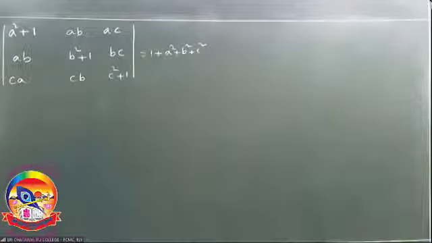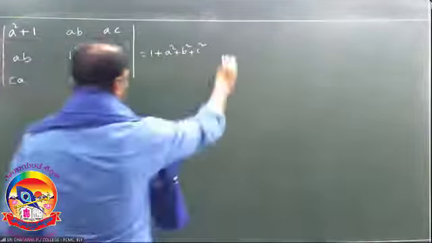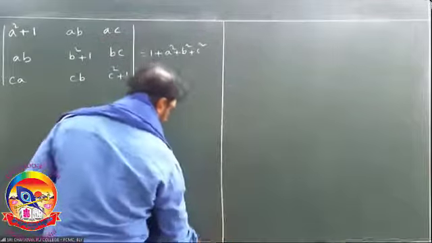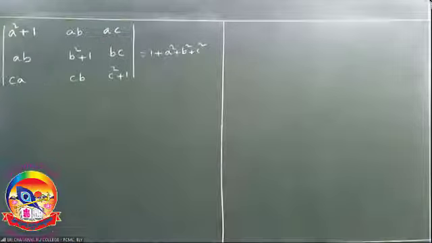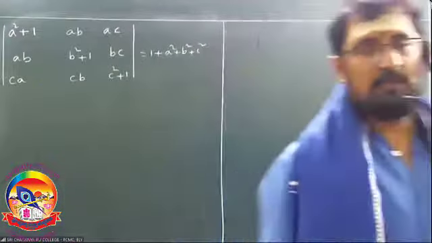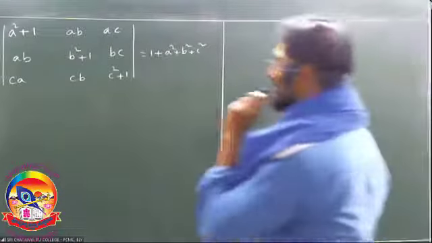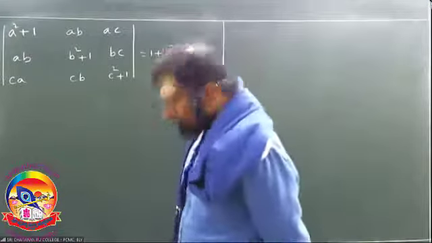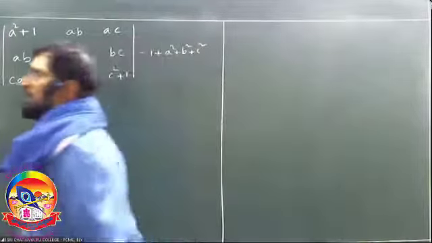Take LHS first of all. This is a very lengthy problem. Take your own time to do. What is the RHS given to you there? 1 plus a square plus b square plus c square. How to get it? That means your version should be only on the LHS to prove that 1 plus a square plus b square plus c square. How to get it? Take 1 minute to think of it.